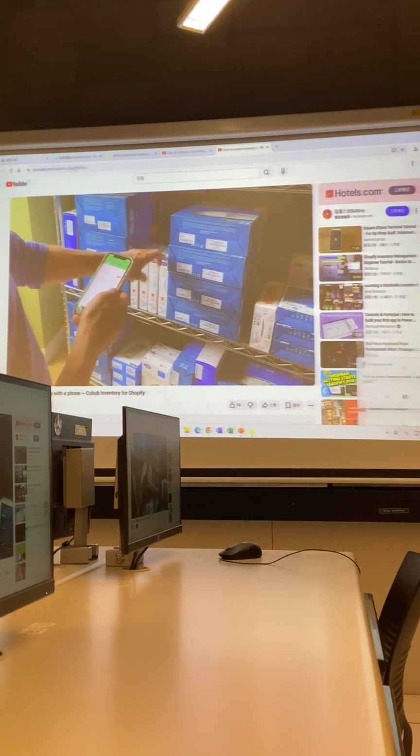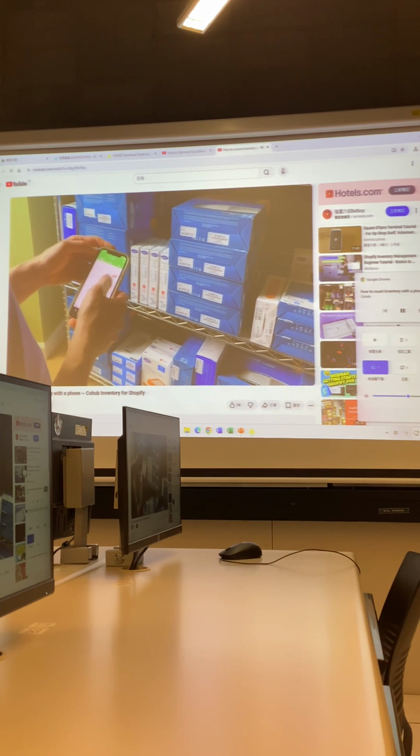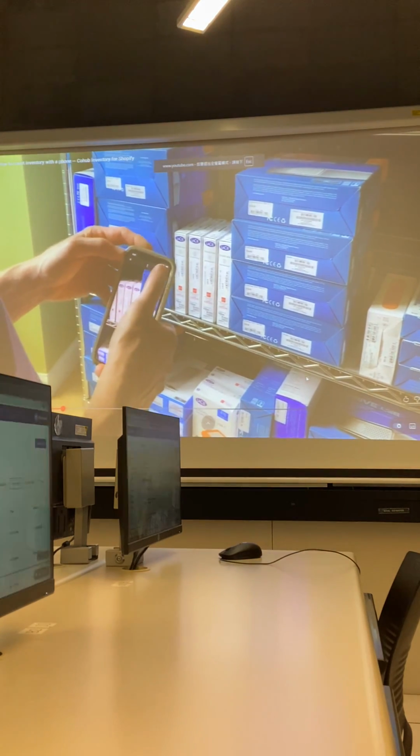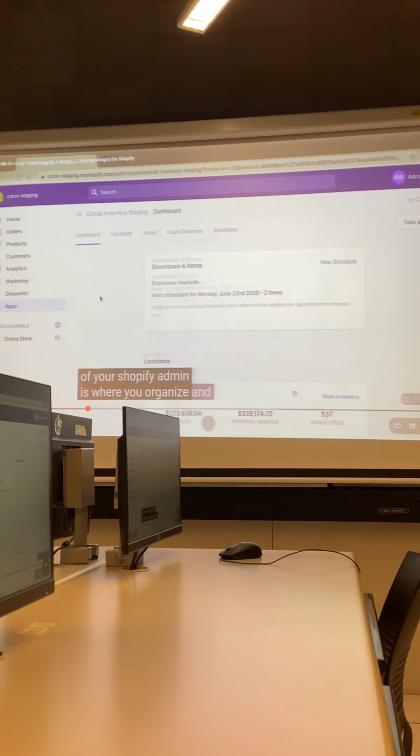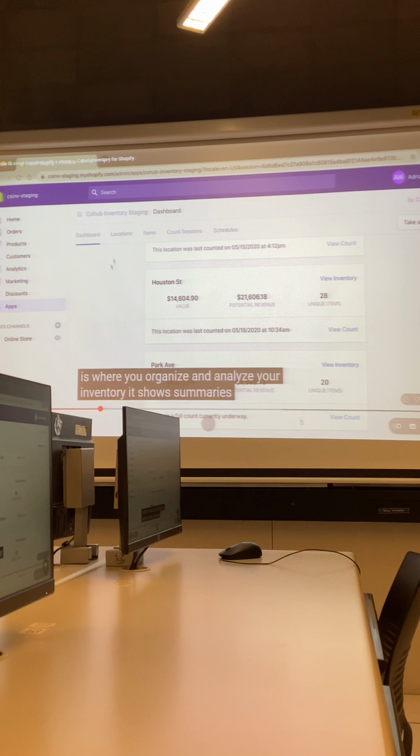You can see here that there is an app, and then the browser can track the